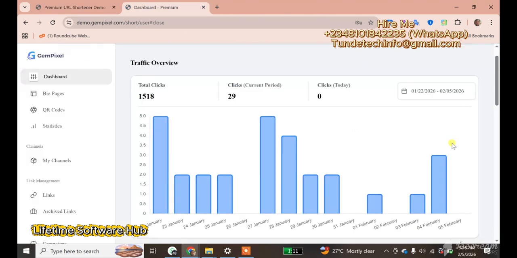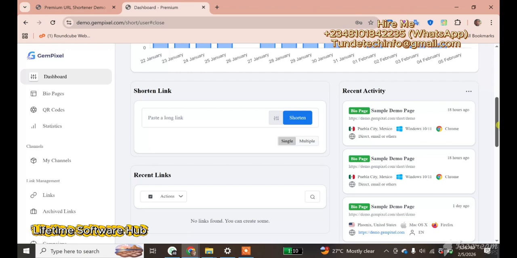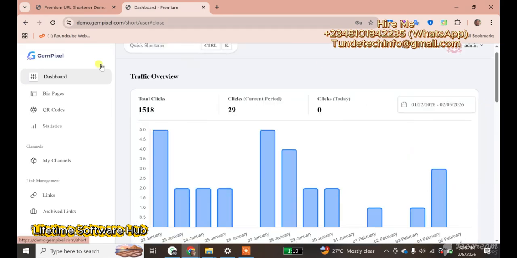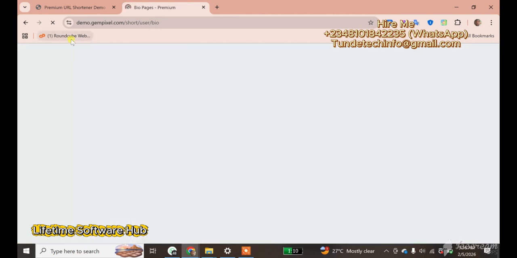So now this is the admin dashboard. You can see the graph, total clicks, current clicks, clicks on a daily basis, and all of the activities. You can see them on the right. And this is where you check the bio pages. You set up the bio pages people have made, and you can add more. And also the second one was for